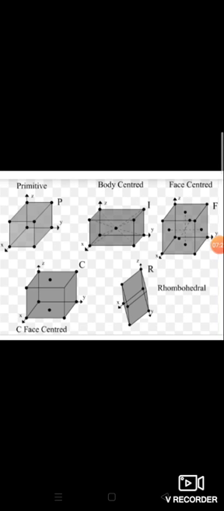So according to that, you can classify the unit cells. We can have a primitive unit cell, with corner positions but no body center, face centers or centers of two opposite faces. In a body centered cell, corner particles and a body center particle are there. In a face centered cell, corner particles and the center of each face are there. In an end centered cell, corner particles and the centers of two opposite faces are present.